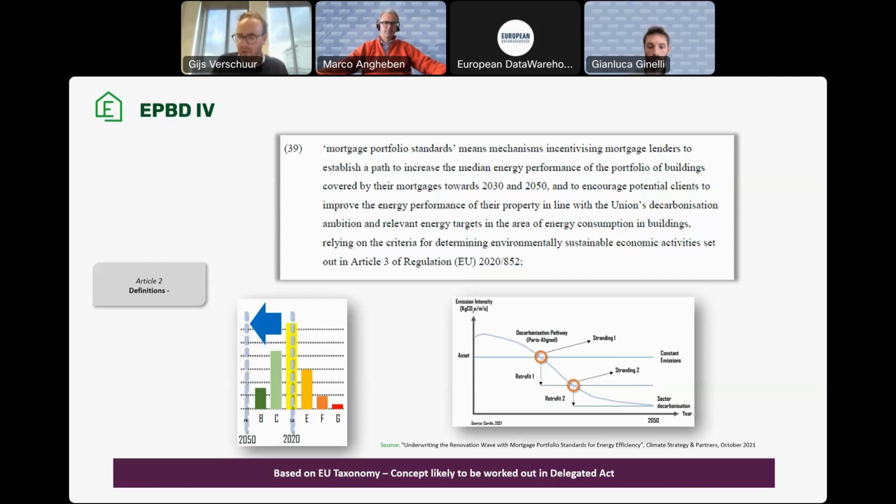But if we go all the way back to the beginning, we must remember that there is a direct link with the EU taxonomy. So currently, the EU taxonomy refers to EPBD 3, and the technical screening criteria do as well. But as you can see with now the new EPBD 4 that has been published on the 12th of April,